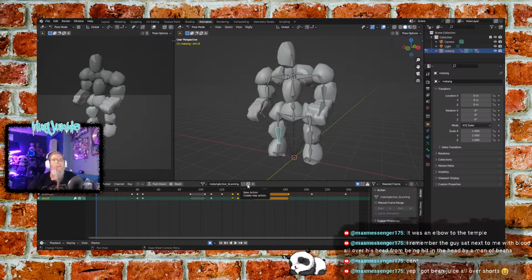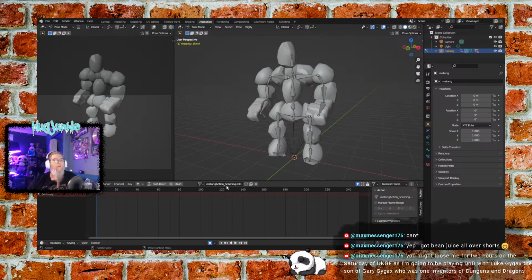So create a new action. And this one shall be